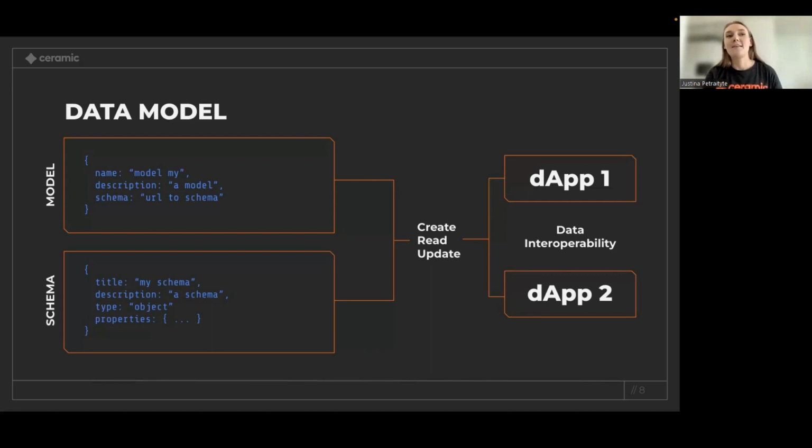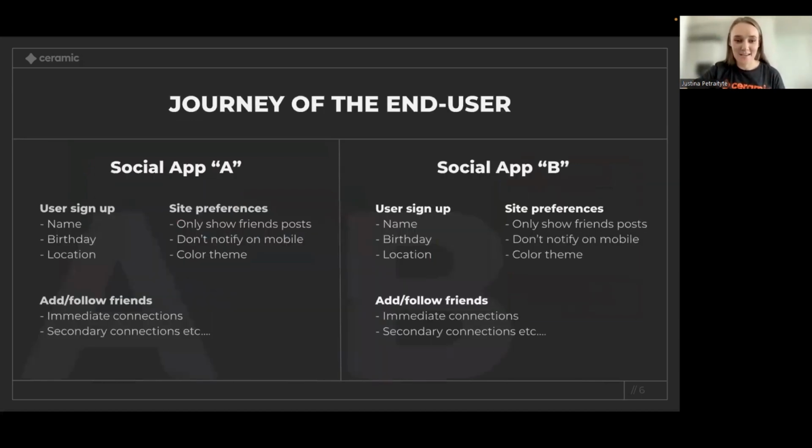So this gives developers a little bit more open and public data to work with when they start building their applications. And from the user perspective, as I had in this slide, when they sign up for one app and then they sign up for the other app, they wouldn't have to create their profile completely from scratch. They would simply bring their profile that is already created to a new app. Once they approve and authenticate the app using, let's say, their Ethereum wallet, their profile will be automatically populated for them.